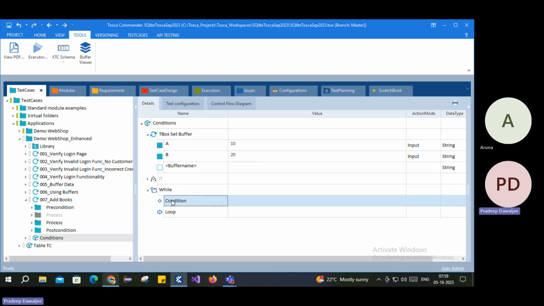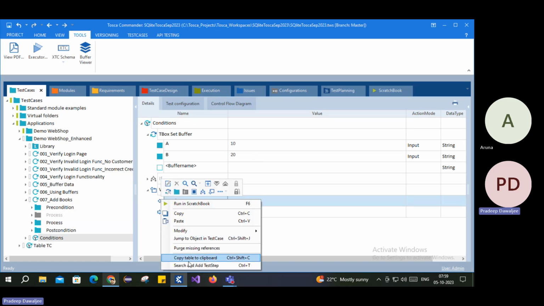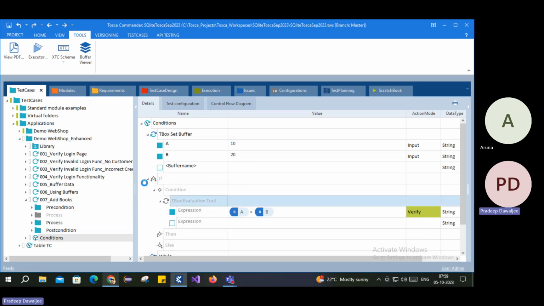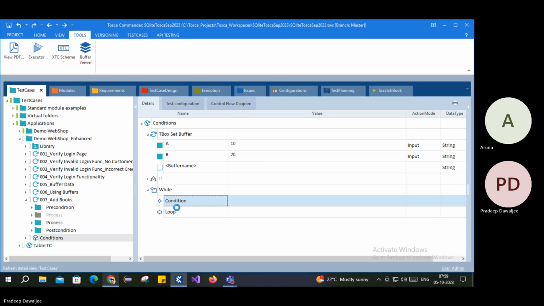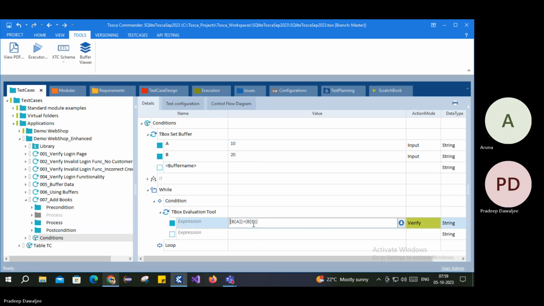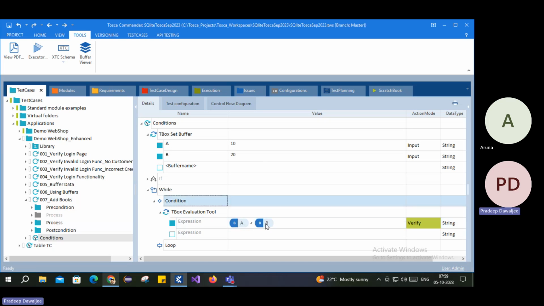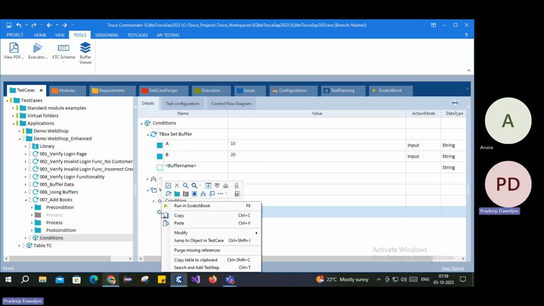In the while condition, the first thing is the condition we have to put. I'll take the same condition. If you see the condition, A is greater than B. A value is 10, B is 20. Since we know it is not greater, it is less than. So what do we have here? A is less than B. So 10 is less than 20, which is true, right? If it is true, then